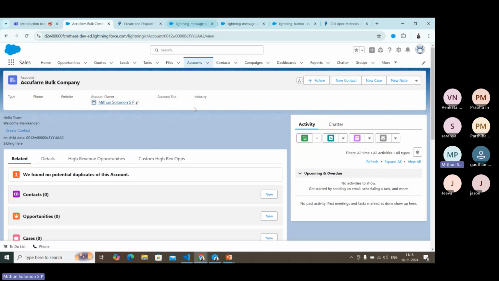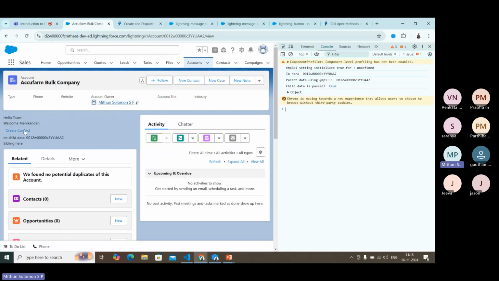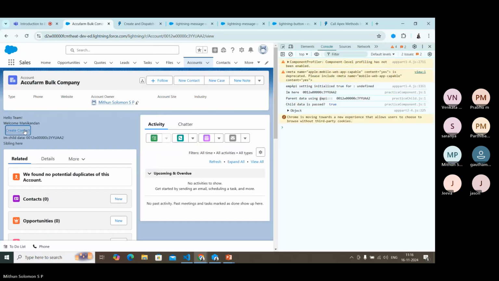I think this is all because of the cached data that is not being cleared. So when we open the console, yes. So when we clicked on this create contact button, it actually called